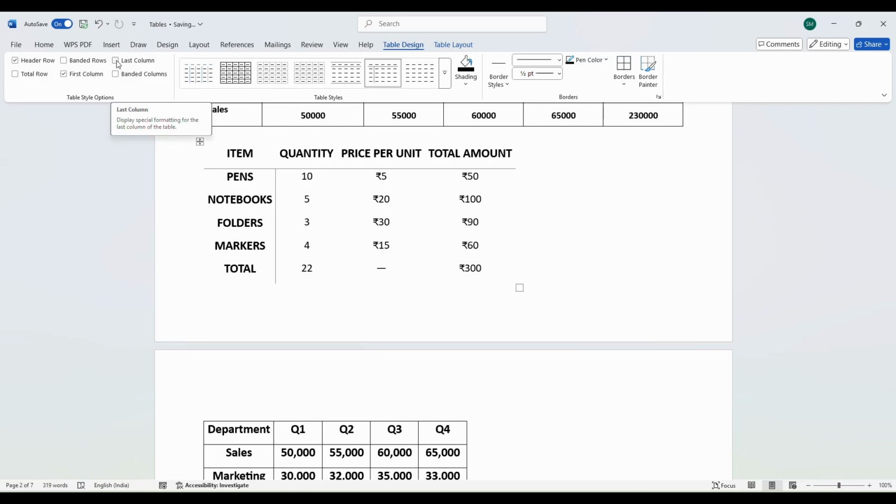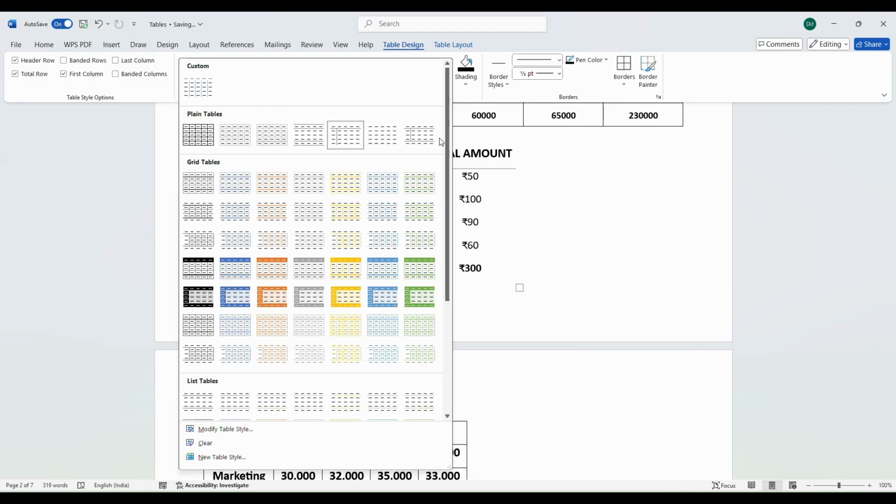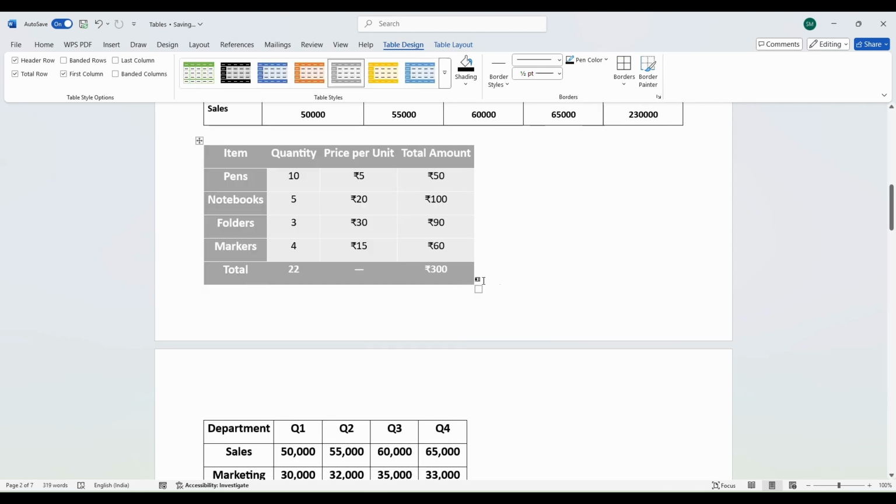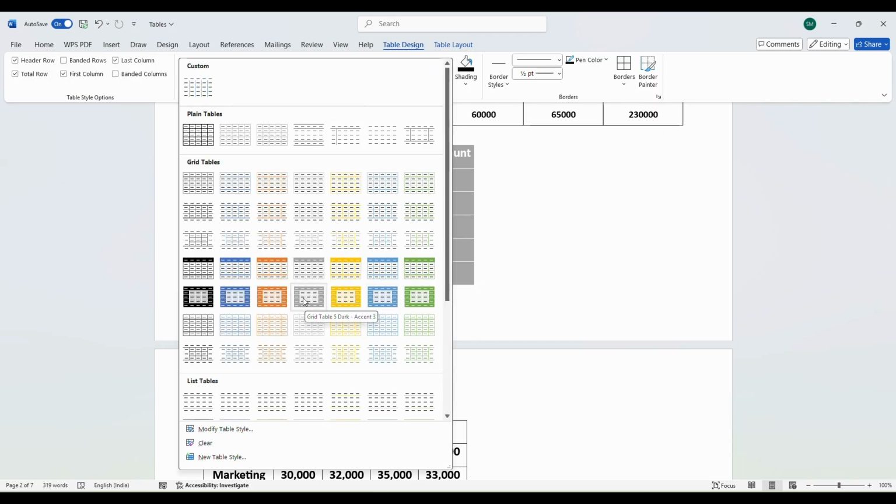Now over here you have two options called last column and last row. Total row is nothing but your last row. So let's just say that I also want to select my last row to be highlighted a little differently. This will again give you a bunch of other options where the last row has also been highlighted, and if I want the last column also to be highlighted, then I can tick that also, and this gives me a bunch of table options where the header row and the first column and the last row and the last column